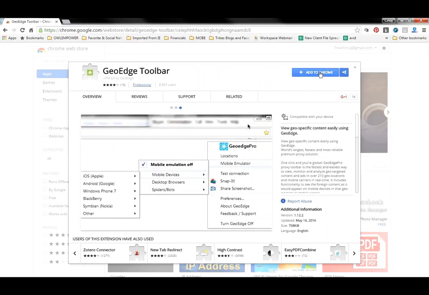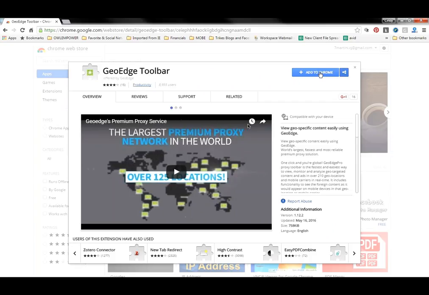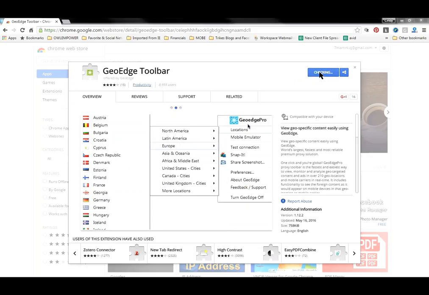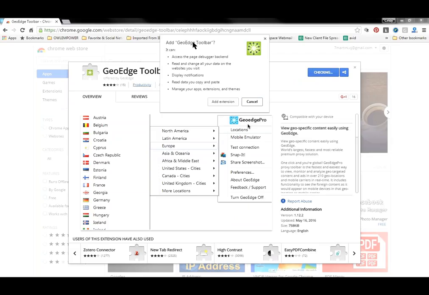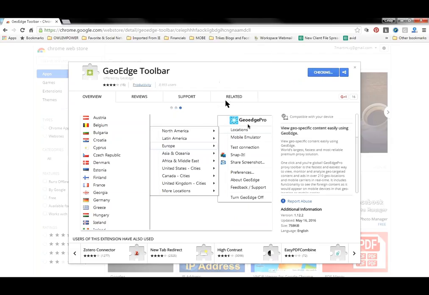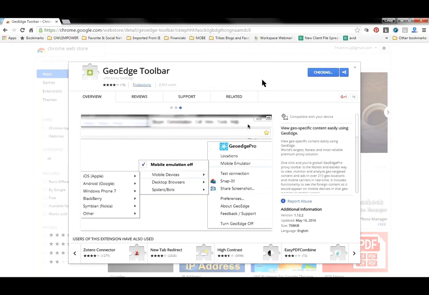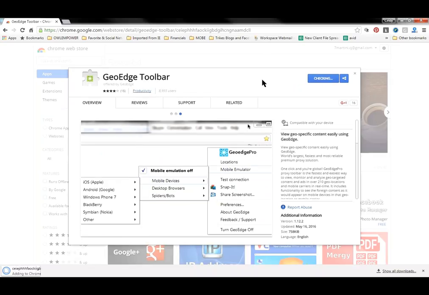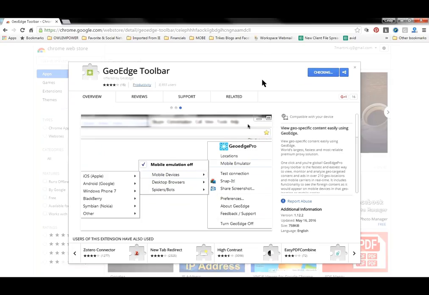It's demonstrating for you right there in that GeoEdge toolbar box without you even asking it. Play that video, but we'll go through it. So click on Add to Chrome, Add extension, and you see it says checking in the top right.